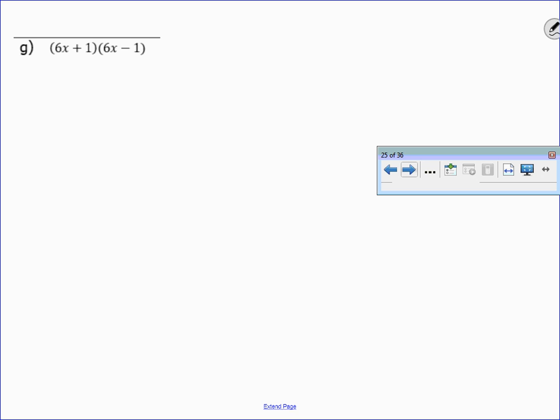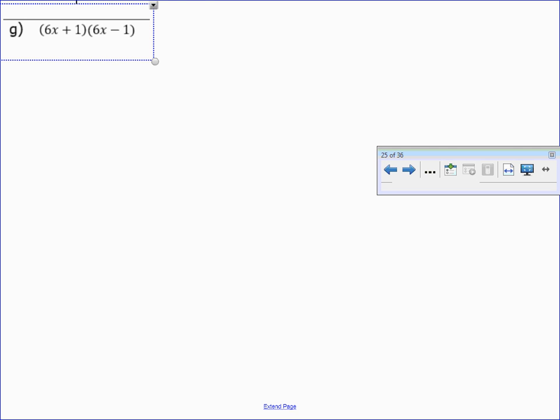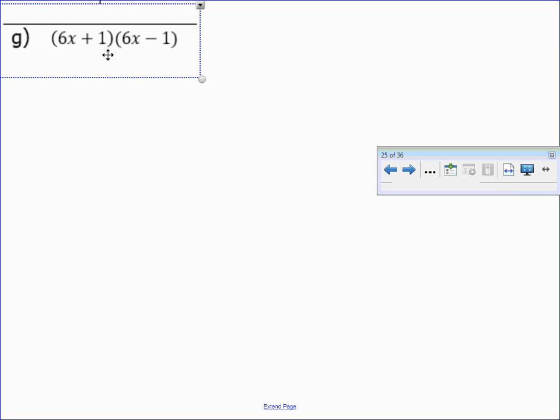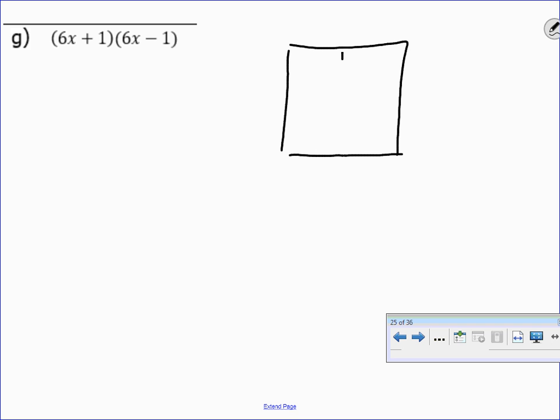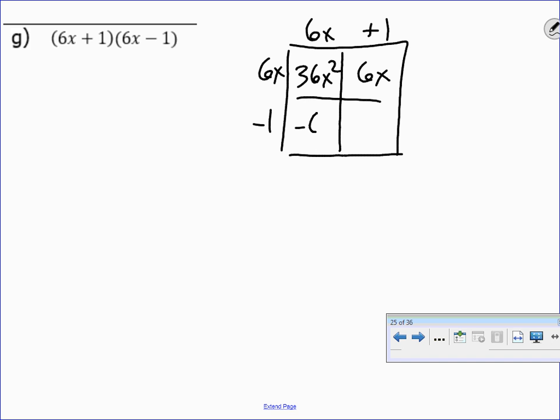We finally get another foiling problem. So we can do the Punnett square. 6x plus 1, 6x minus 1. That'll give me 36x squared, 6x minus 6x minus 1. Or, if you want to do it by foiling, 36x squared